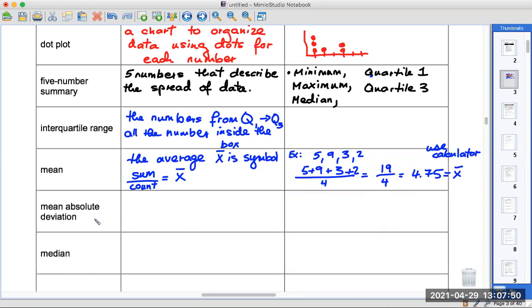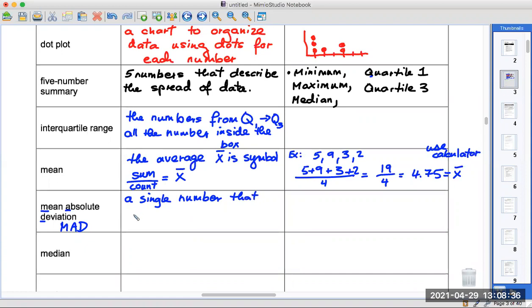The mean absolute deviation, for short, sometimes you'll see MAD, mean absolute deviation. A deviation tells you how spread out the data is. So again, spread of data. Up here we had the 5 number summary. It tells us the spread of data, but this one is a single number that we will have to calculate. So these were 5 numbers. This is a single number that